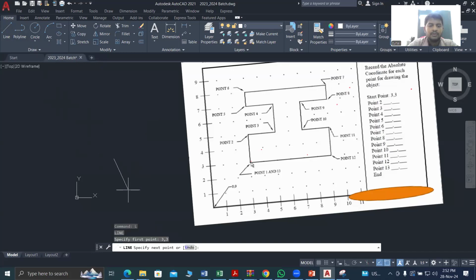Then what is your value? Shift at. The value is 6, comma 3. No, 6, sorry, 6, comma 0, enter. Then shift at. What's your value? 0, comma 2, enter. Then at minus 2, comma 0, enter. Then shift at 0, comma